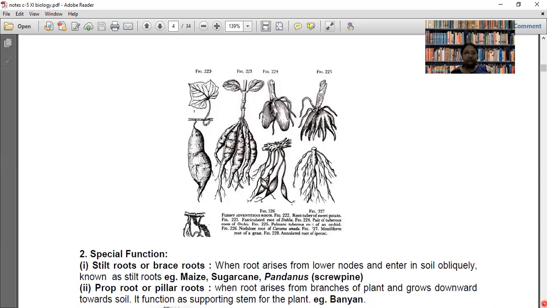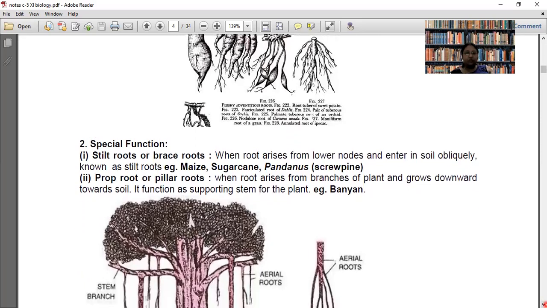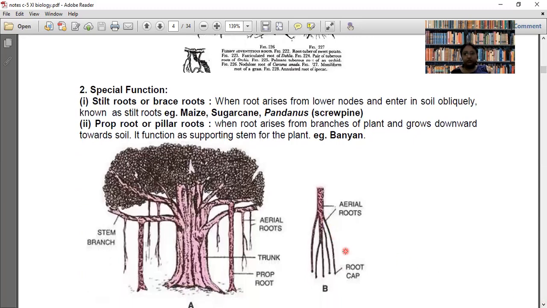Now some adventitious roots can have some other function other than storage. They can be stilt roots or prop roots. What are these? See, stilt root is something like an aerial root, like the ropes in a tent which hold the tent in place. In the same way, stilt root and brace root are helpful for the stem to stand upright. Generally this is also observed in marshy areas. Consider if the soil is not solid, if it is very soft because of water, then the stem of any plant cannot stand straight, because there will be no hard soil to hold the roots. So give it a support.